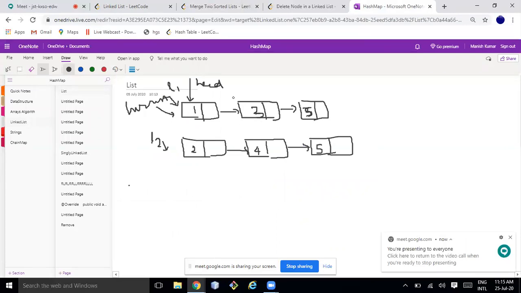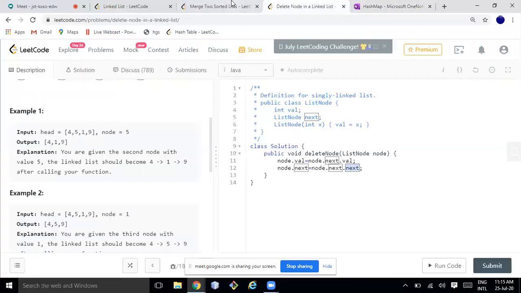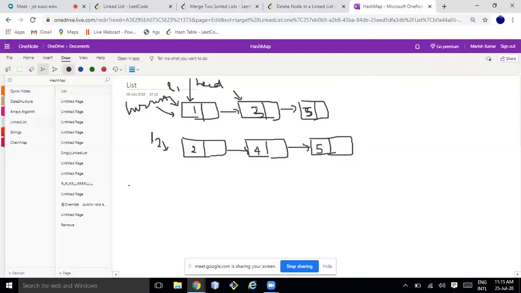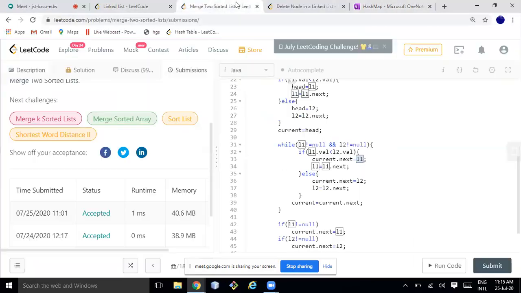If you go here, L1 now will be moved to here, right? L1 moved to this one. So if L1.val is less than or equal to L2.val, that is not the correct case. So this is the else block, right? So current.next should point to L2.